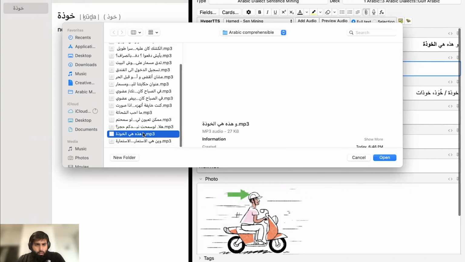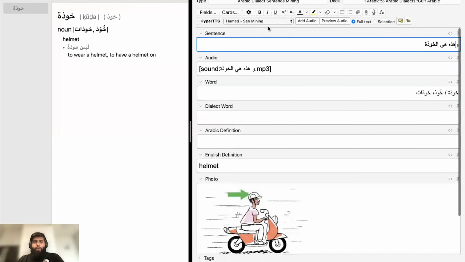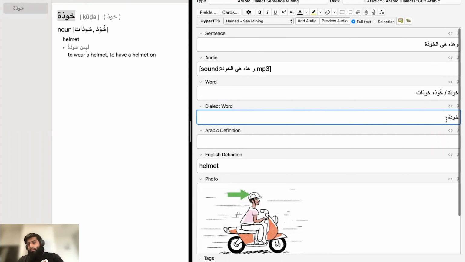So right here. وهذه هي الخوذة. So I have my card, and now if I show you a preview, and let's say there was like a, that's like she said it. The pronunciation is the same as modern standard Arabic. Let's say she said khida, or like